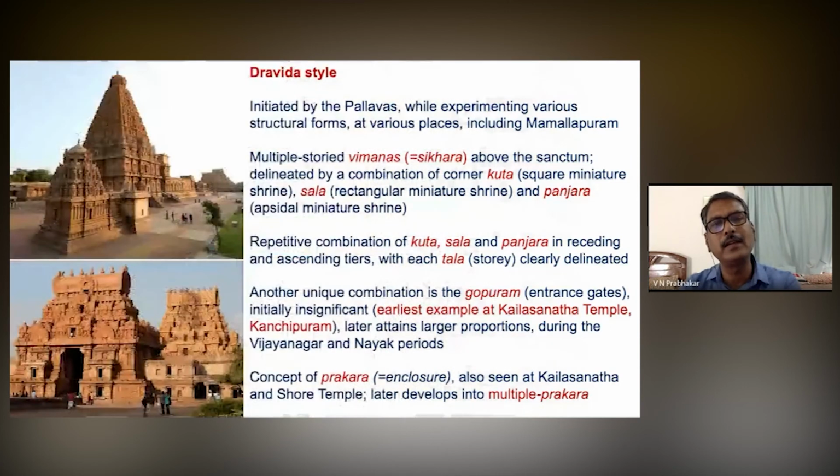So coming to the Dravida style, it is mostly due to the efforts of the Pallavas that we see the emergence of a new type of temple architecture. We have seen yesterday briefly how in the rock-cut architecture they were transforming from a simple style, from the evidence at Mahendravadi and Mandagapattu to Mahabalipuram. They have included various features, including the combination of the Kutasala and the Panjara, and they were repeating this Kutasala and Panjara, and we can see the culmination in the case of the Chola temples here, which are 13-storied with Kutasala and Panjara in various combinations. Along with this, they were also constructing the Gopuram.